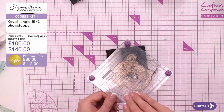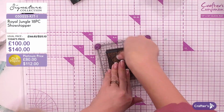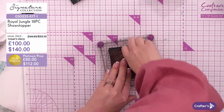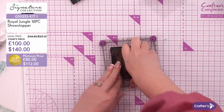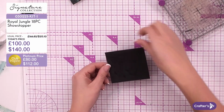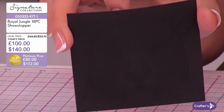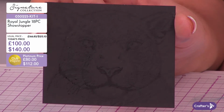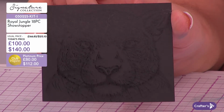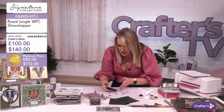Right, so I'm going to go down under here and stamp you. I've maybe cut this a tiny little bit small, but it should just about fit on. Oh, that's immense. Let's have a look at that. I don't know if you can see that. I'm going to turn it round so you can see it on the close-up. Now you can see it. Ooh, yes. That's quite spooky. But it's going to look immense when we put...